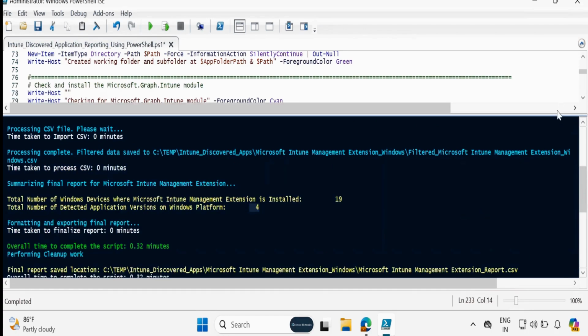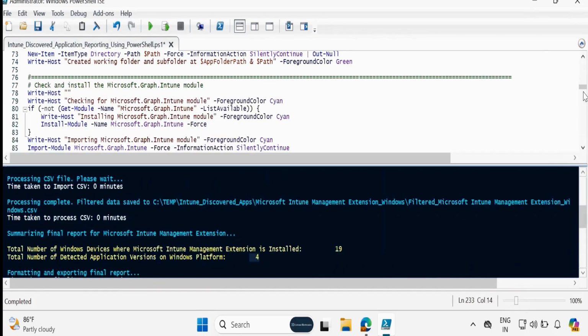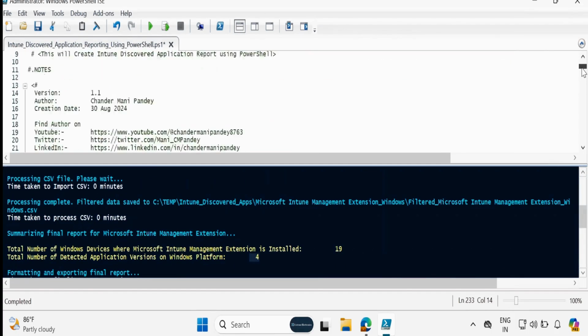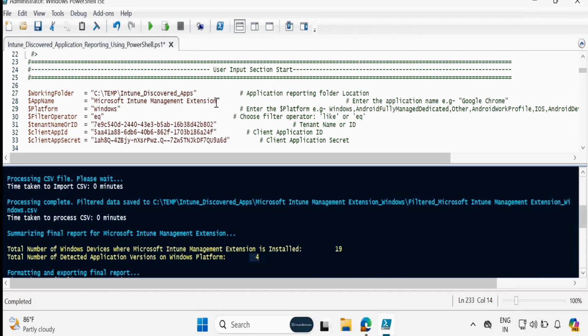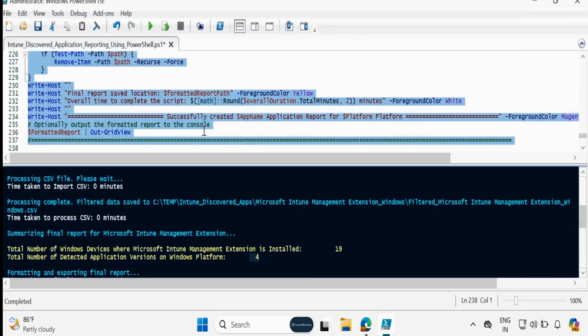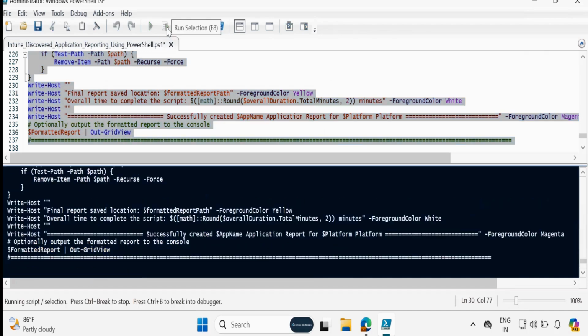So let me show you the next example where I am going to use the like operator. I want a report where the application name contains Microsoft and the operator is like. Click on this and click on run.